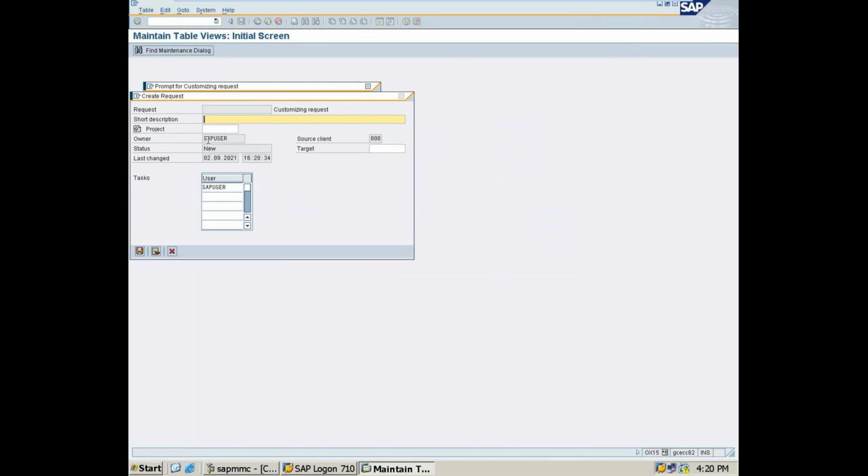It was SAP user, owner is SAP user. If I have under the client, I can create different types of users, user 1, user 2, user 3. That time the user data will be there under this description data, that is request data.